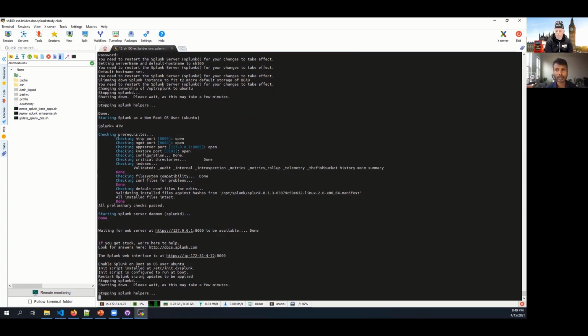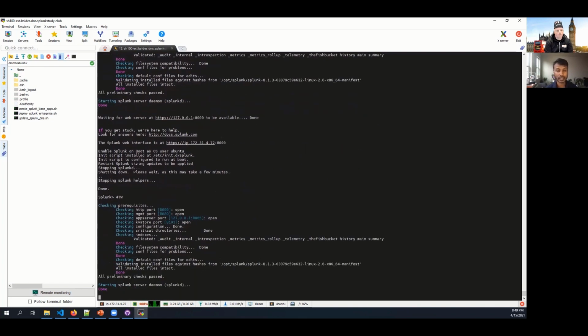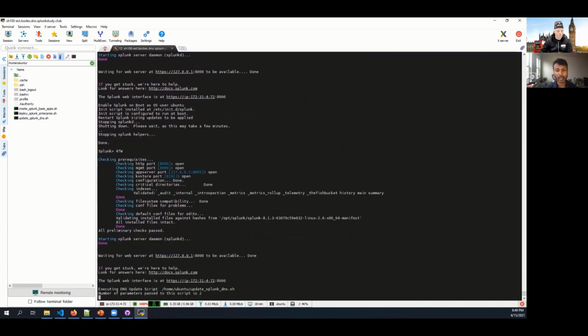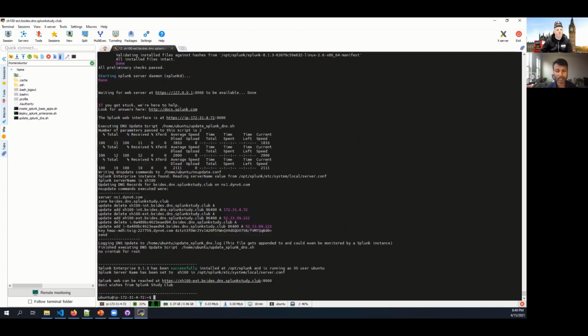Those are the only apps, the conf files needed. But if it's a search head, you only need search head functionality, but you don't need indexing functionality in the real world. And then if it is an indexer, you still need a full Splunk Enterprise, but you will turn off the UI in production because you don't want individual indexers to act as search heads. That's because you have multiple clusters in an indexer layer, and you don't want to have any UI available